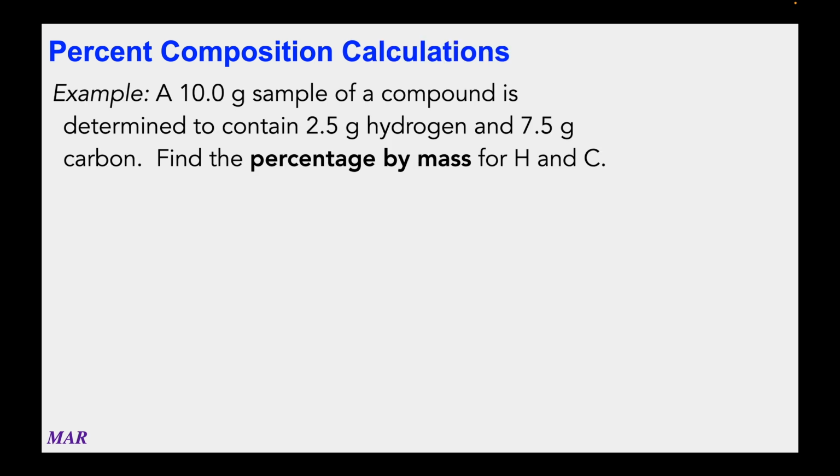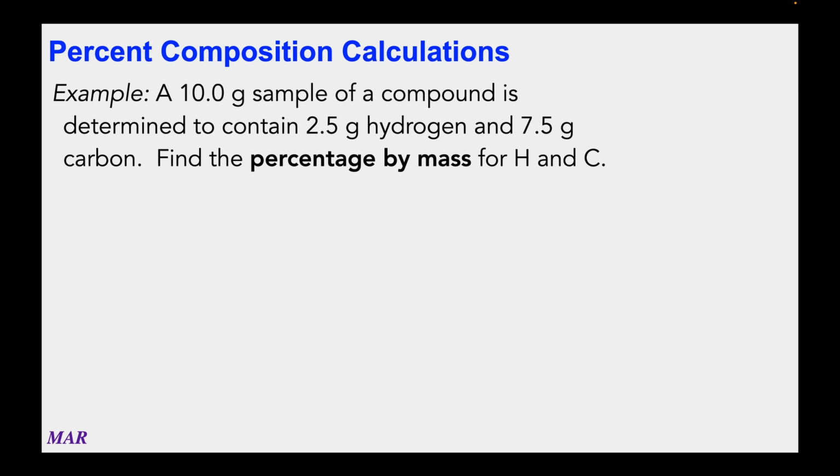This is an example where we have 10 grams of some compound, and it's found to be 2.5 grams hydrogen and 7.5 grams of carbon. We can find the percentage by mass of hydrogen and carbon using this information. It's probably not too hard, and maybe you can figure out how to do this, but if you can't,